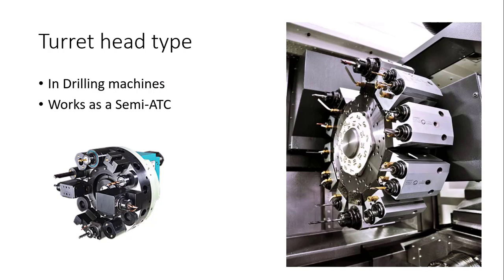In this case, you can see that drilling, boring, and tapping tools are used in here. Fine. So this kind of machine can store very few tools, and in this turret head type, a simple lathe machine or horizontal machining center can be used. But for the bigger machines, we do not use this because the tools are not safe in here. Their cutting speed is very less.